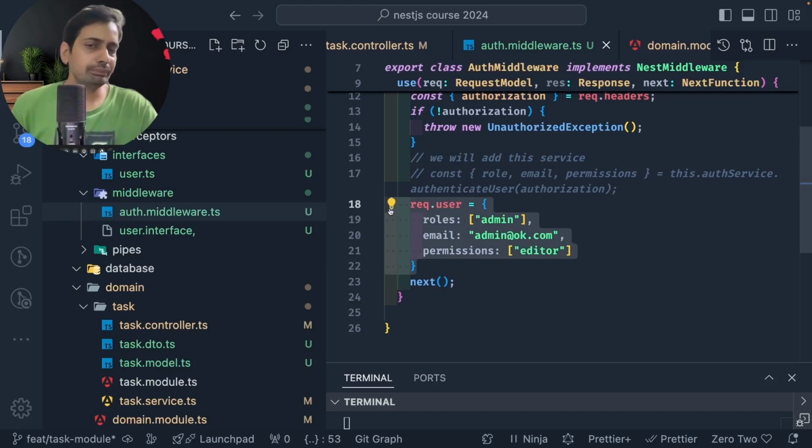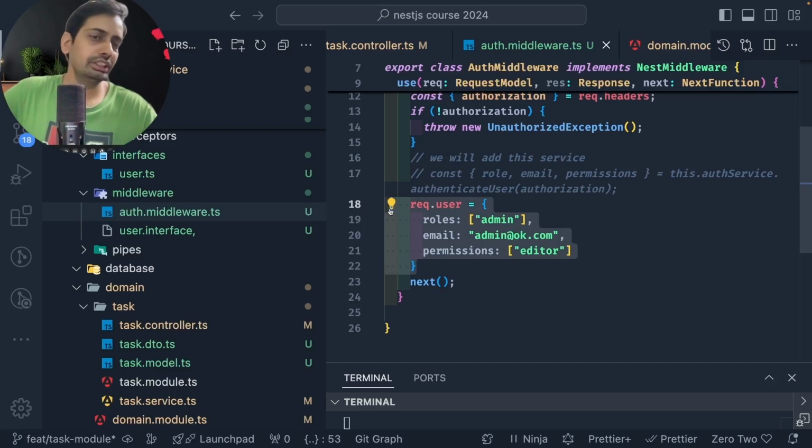This is a simple example where we mocked request.user, because at guard level I need to check either some permission, some role, or some attribute. That attribute I'm setting through the middleware, and middleware comes first and then there is a guard. So before you reach the guard, I already know the user role, user permissions, user email, all those things, and I can apply this validation. So that's it about middleware and guard.